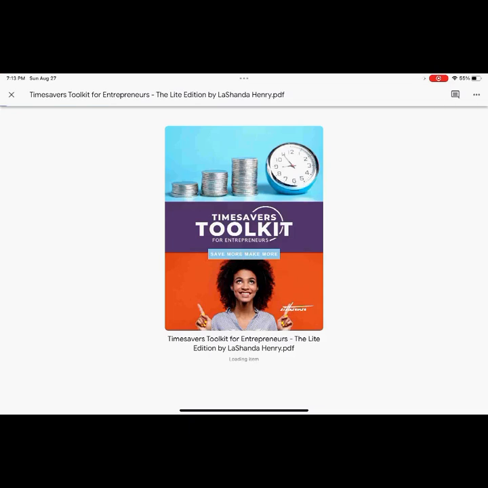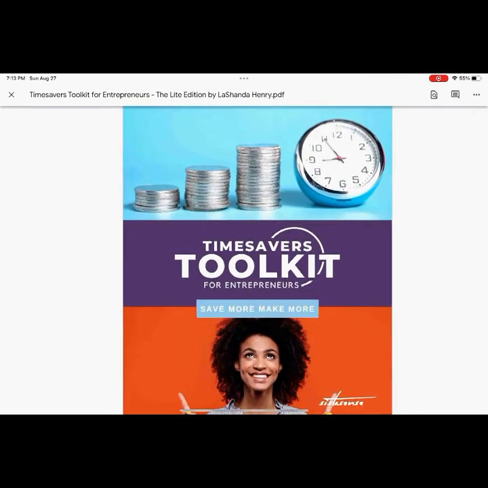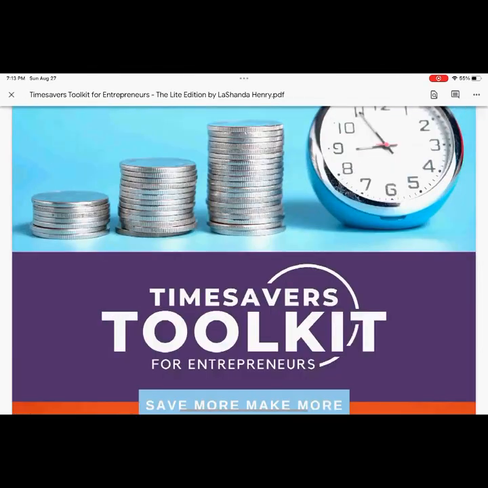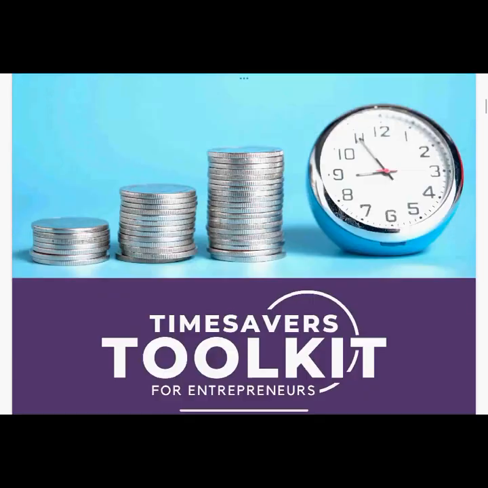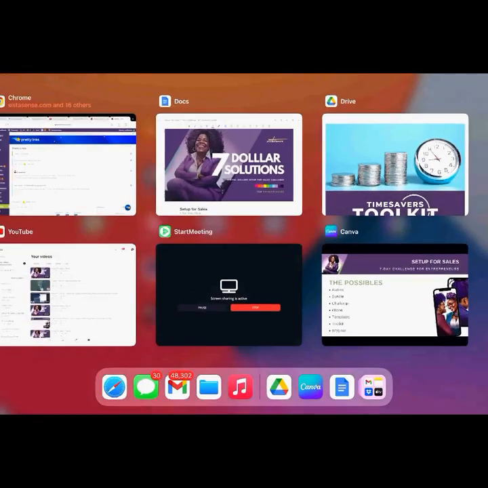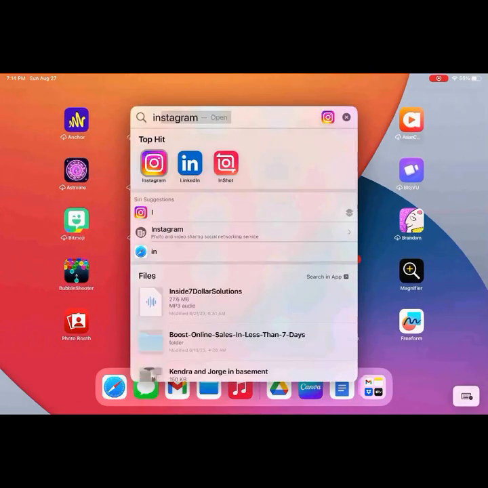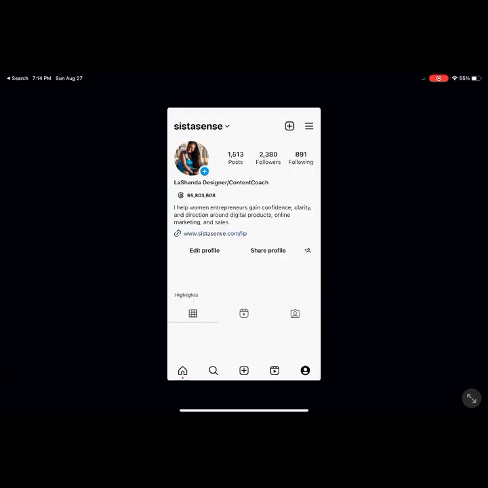So right now you're looking at, for example, my Time Savers Toolkit. If you were to create a toolkit, one of the things that you probably would want to do is to download the cover graphic so that you could use it in your mock-ups for promotion, right? Another thing that I often do when it comes to promotion is to create lead magnets by pulling out a few pages for marketing purposes. And outside of just downloading the lead magnets to offer on a landing page, you could also share some of that content on your social media. So I'm going to jump over to Instagram real quick.